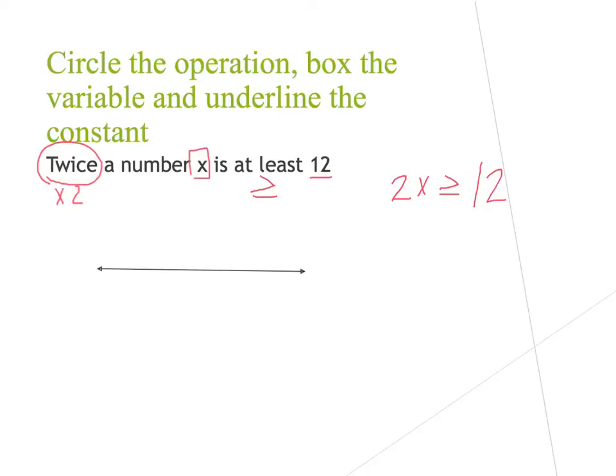When I go to solve this, I'm going to circle my variable, bring down my inequality sign. That says 2 times x, so I'm going to divide both sides by 2 because it tells me to multiply, so I'm going to do the opposite. That cancels, which leaves me with x. 12 divided by 2 is 6. When I go to graph it, I'm going to graph it on the 6,